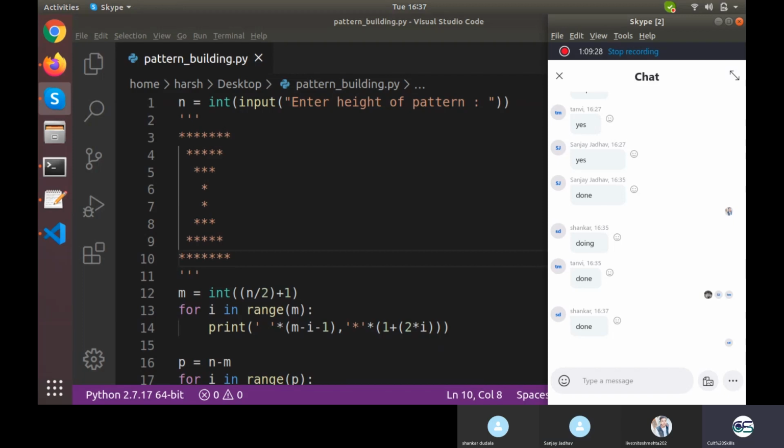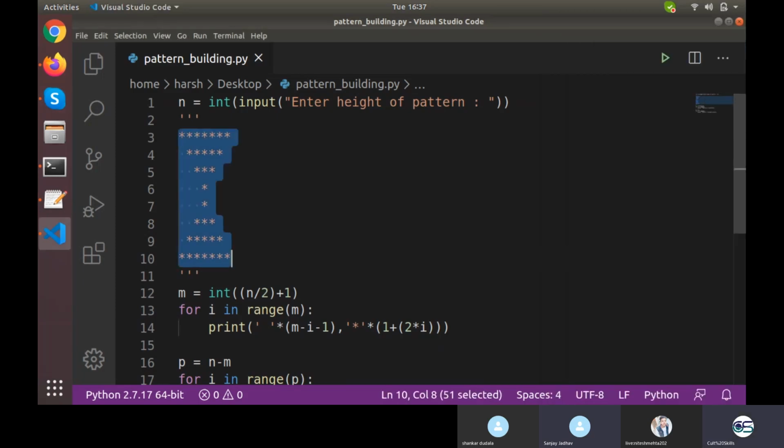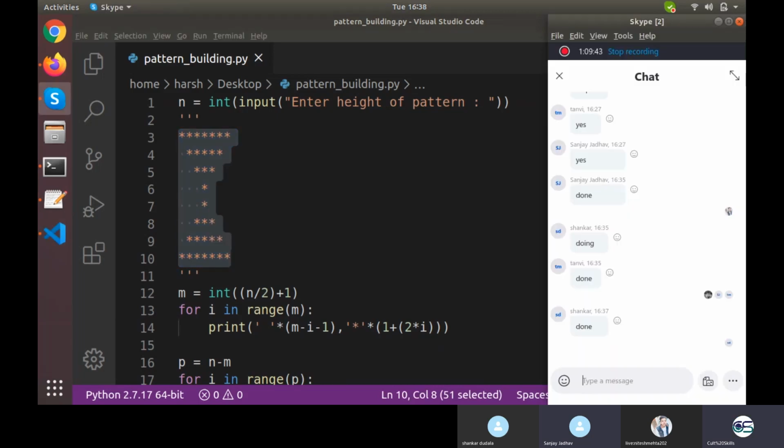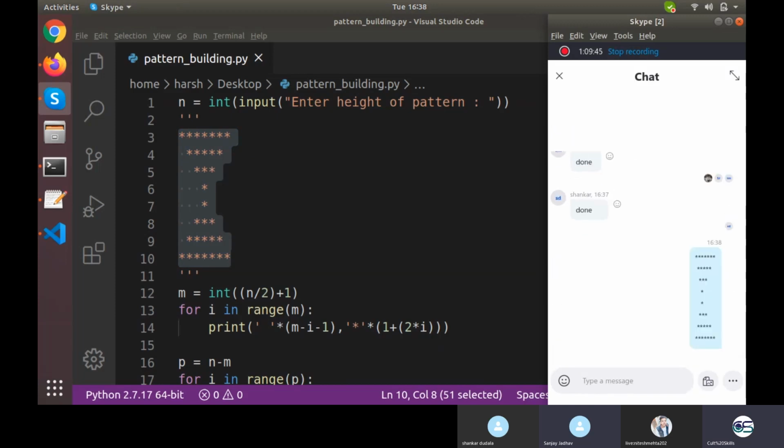If you want to escape out of it, you can. If you want to practice more, you can work on this pattern. You can just paste it in the chat. No, I'll work on that, but as of now I have other work also to do. Yeah, sure, then you can. This is what basically you need to get.